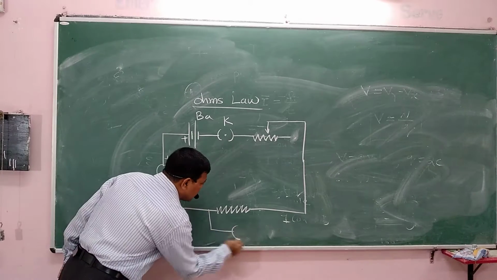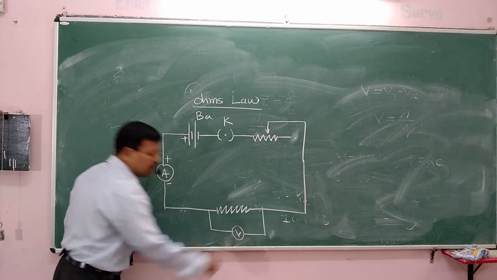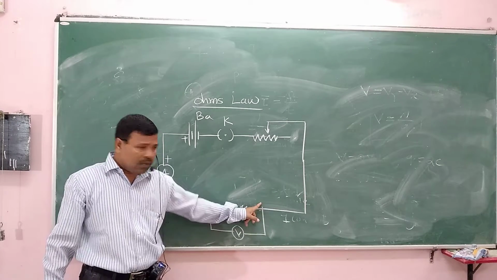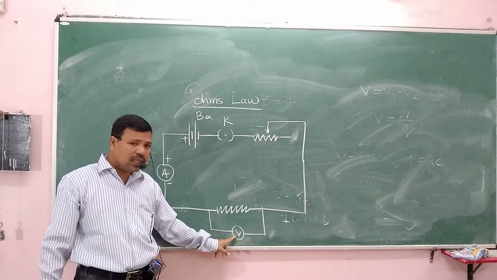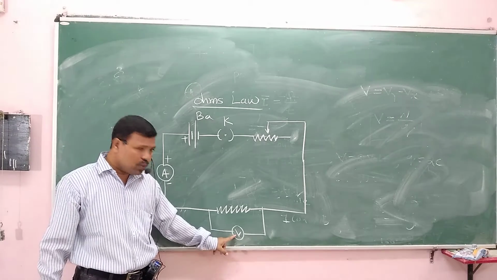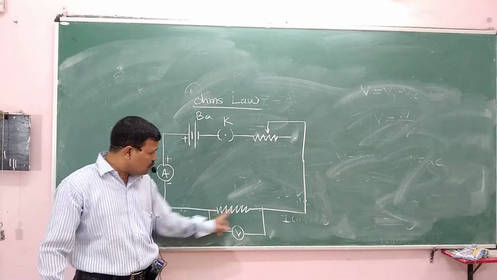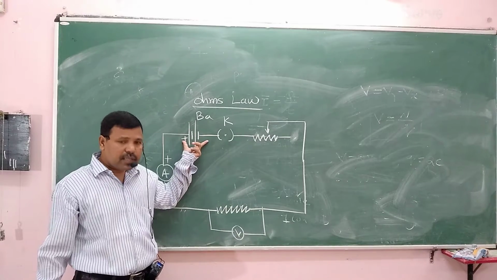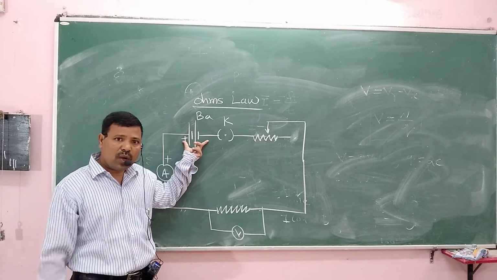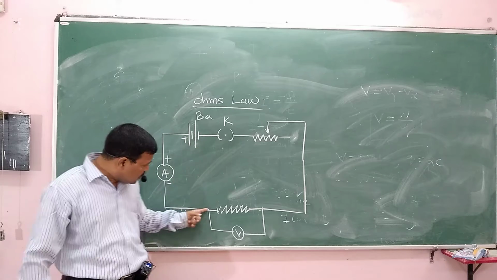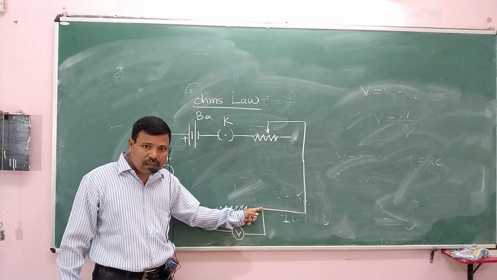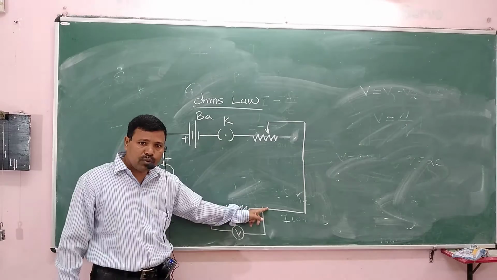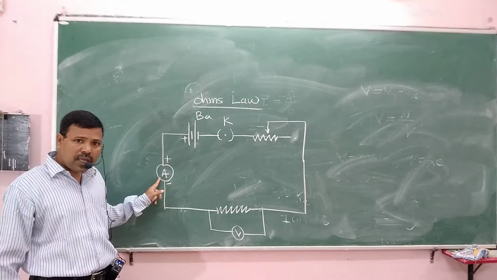When certain potential difference is applied, the potential difference applied across the conductor from the battery can be seen through this voltmeter. So this voltmeter gives us how much potential difference is applied across this conductor from this battery. It's 1 volt or 2 volt or 3 volt, how much? And how much current is flowing through this conductor when a particular voltage is applied can be seen through this ammeter.